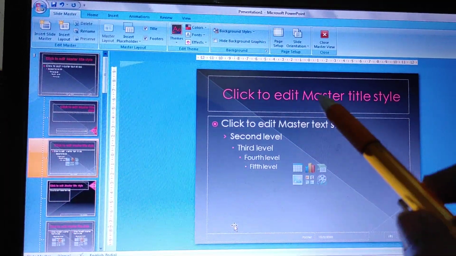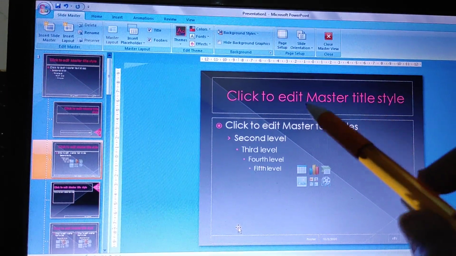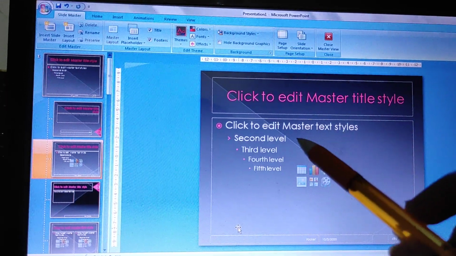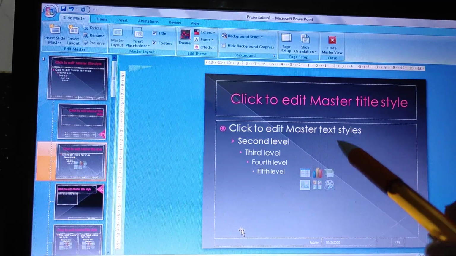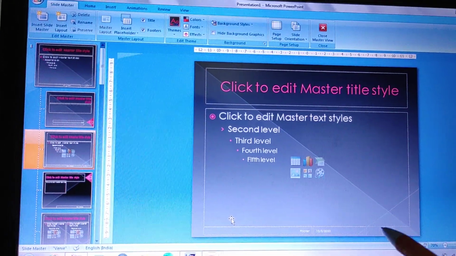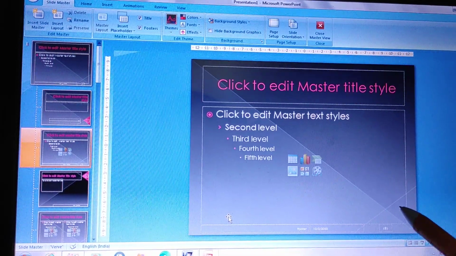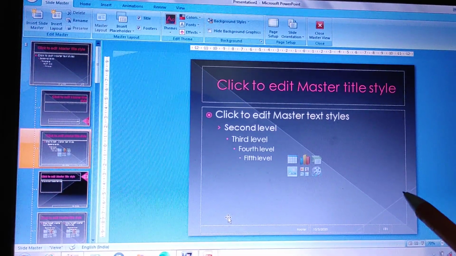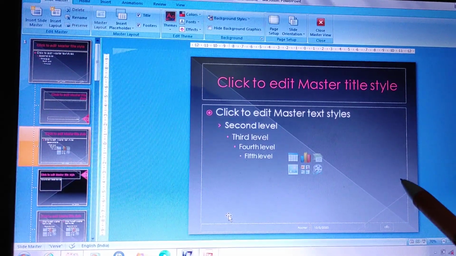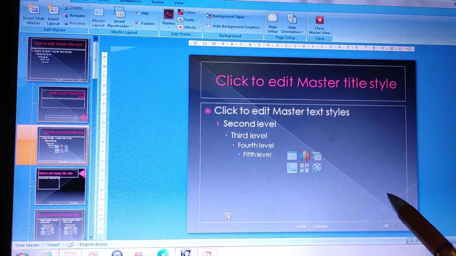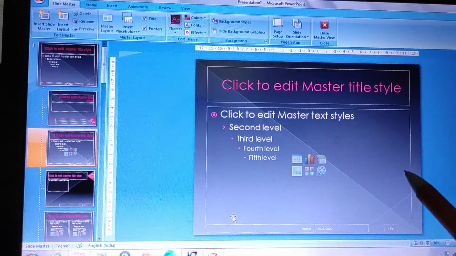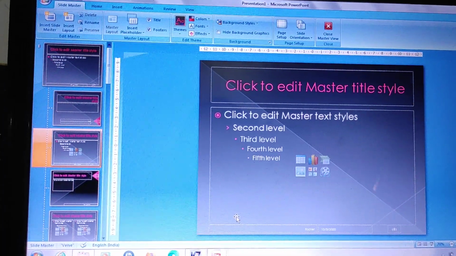Then placeholder: we can select a text or content placeholder and apply formatting changes. And the last is footer, date and slide number. The date placeholder positions the date on each slide, the page placeholder provides the page number on all slides, and the footer placeholder adds information such as your company's name to every slide.